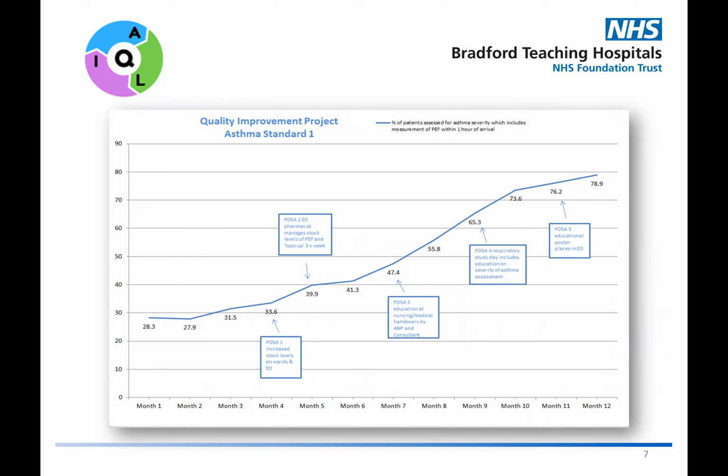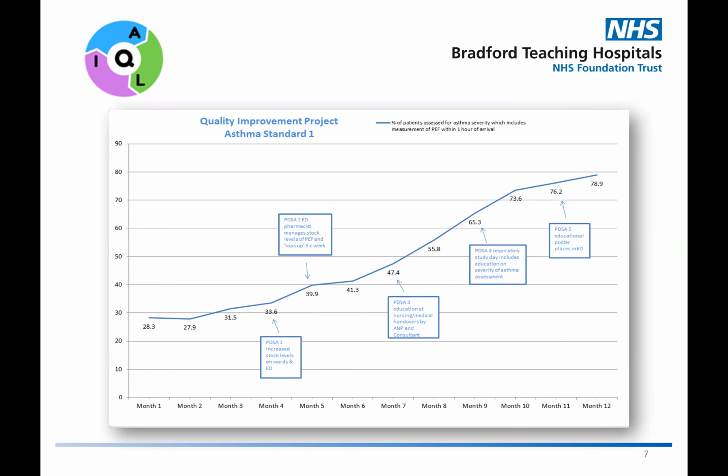Now let's look at the same audit through a quality improvement lens. It would be reasonable, based on month 1 data, to prioritise working on the first standard, which is assessing patients for asthma severity, which includes measurement of peak flow within 1 hour of arrival. We would measure our progress towards the standard every month while testing our change ideas using PDSA cycles, plotting the data on a run chart and annotating which PDSA cycle